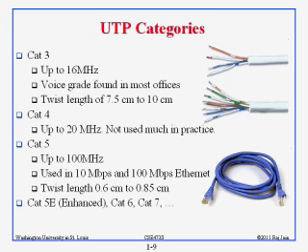All right. So these higher categories basically mean better, okay? And that's all there is, and there are all these numbers. You don't have to remember what is good for what. All you have to remember is that higher category means better. Basically, Cat 5 is better than Cat 4, which is better than Cat 3. Today we have Cat 6. Actually, this slide doesn't say Cat 6, but yeah, it says Cat 6. So we have Cat 6 and Cat 7. Cat 7 is not generally available. Cat 6 is what is there, okay? So we'll